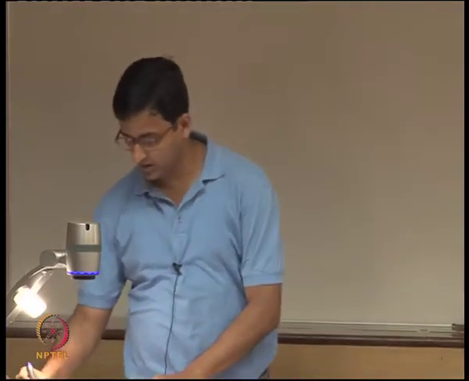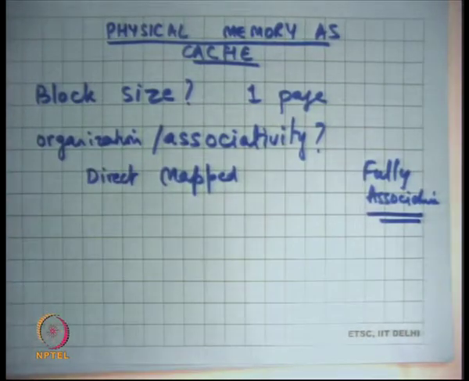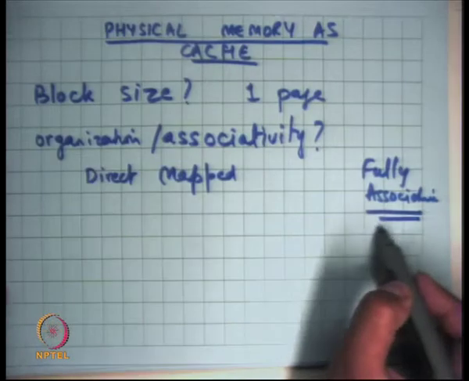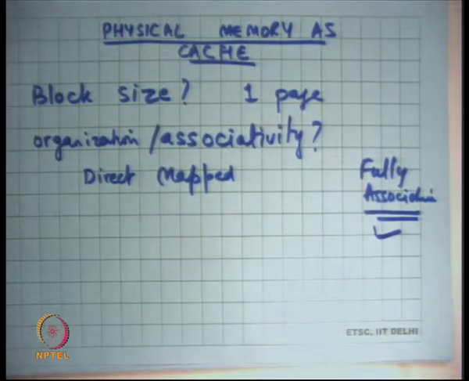Because the cost to actually find the replacement element, even in a fully associative cache, is not very high compared to the miss cost, and because hit rate is of prime importance, a fully associative cache makes sense, as opposed to a set associative or a direct mapped cache. All right.